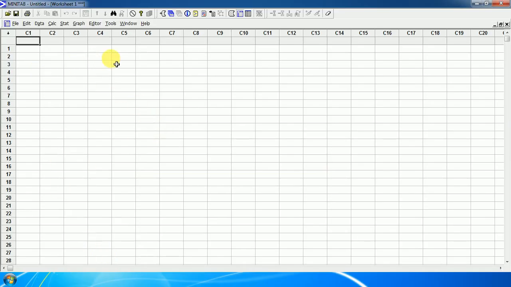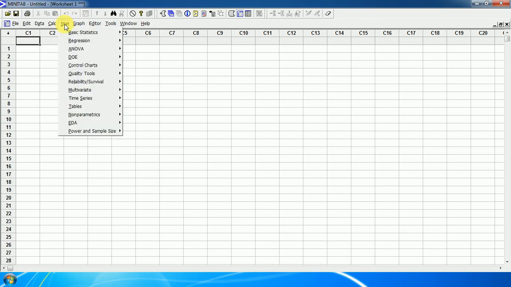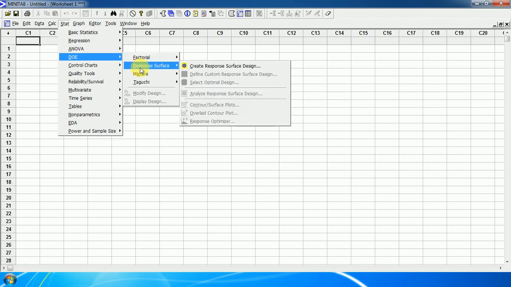Now we will discuss how to create a design matrix for the response surface method. First of all, we will open Minitab, then go to Stat, and select response surface methodology under the heading of DOE, meaning design of experiments.